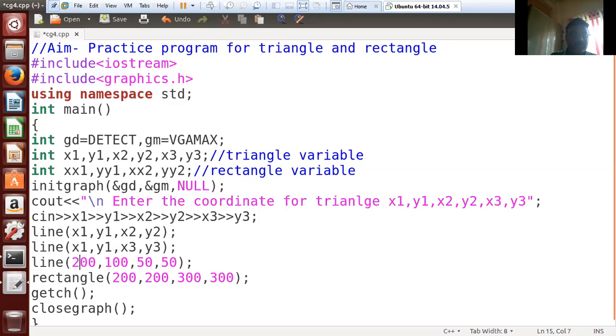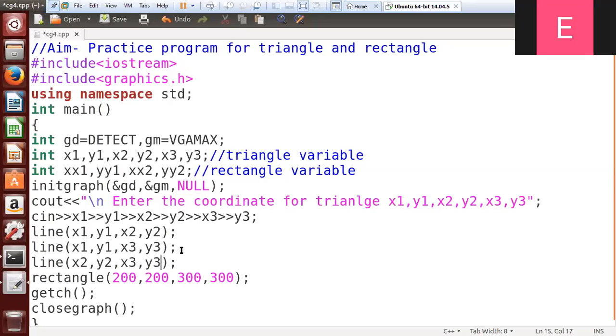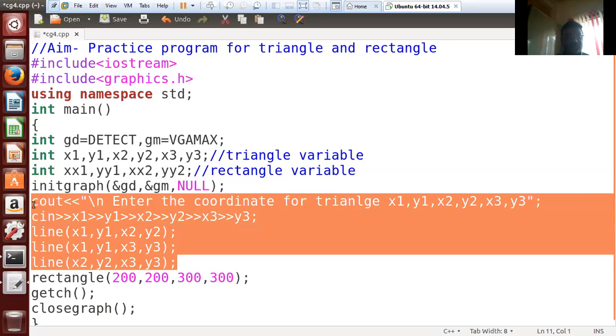Now the third line is what? x2, y2 and x3, y3. Because I have taken x3, y3 as common, and then x1, y1, x2, y2. Is there any question? Everybody understood how we are going to place the coordinates when I am going to draw the triangle?